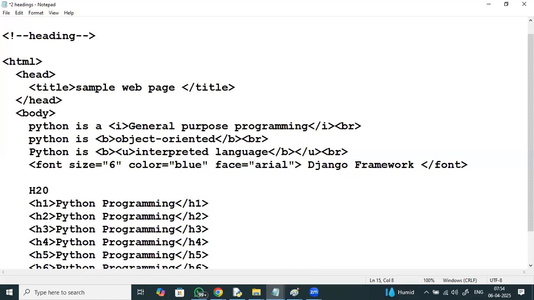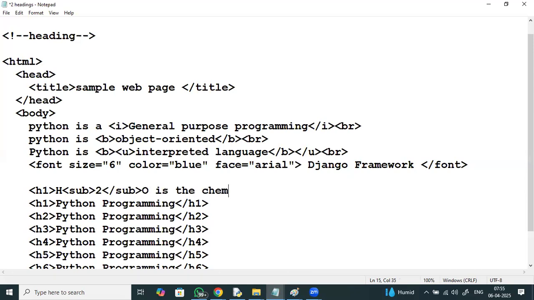The 2 should come as a subscript to H. So here I'm using the H1 tag, everything should be within the H1, right? I write H, this 2 I need to keep as subscript, so sub, slash sub. Understand here? H you keep as it is, 2 you keep as subscript, O